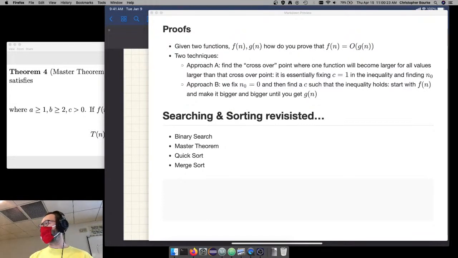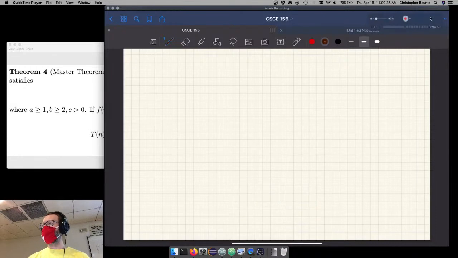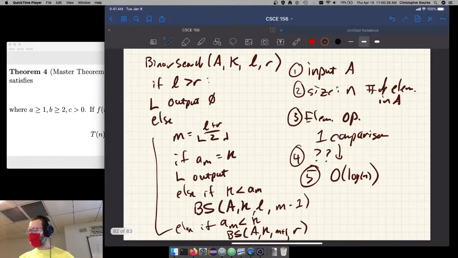I'm going to give you a general technique here for analyzing recursive algorithms. Let's see, to go back over here, let me go ahead and get rid of this, move that up there. There we go. So remember that we have this binary search recursive version here,